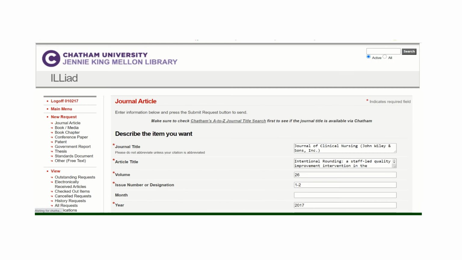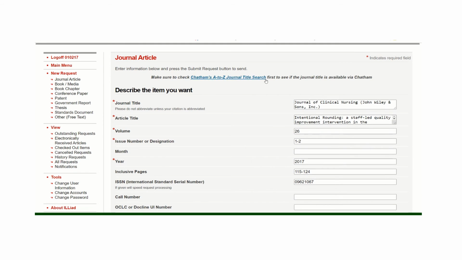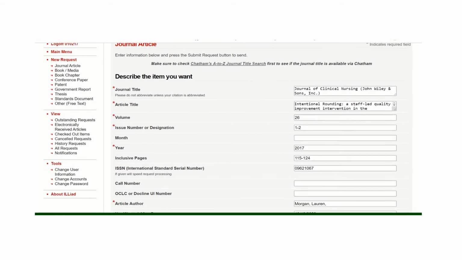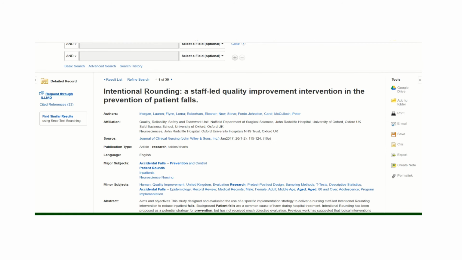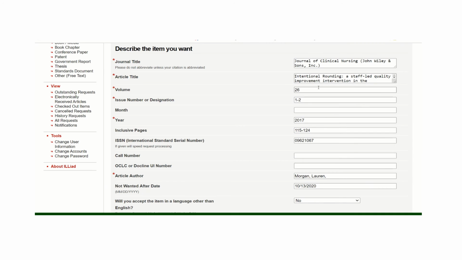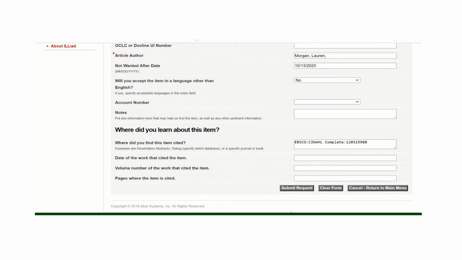When you use the ILLiad link from within the database, it will detect what type of request it is. So this is a journal article, and it will fill in our required fields for you. You do want to make sure that these fields with the asterisk are completed and filled out accurately. So just double check against the citation information in the record itself to make sure it's correct. If it is correct, all you have to do is click the Submit Request button, and it will go through